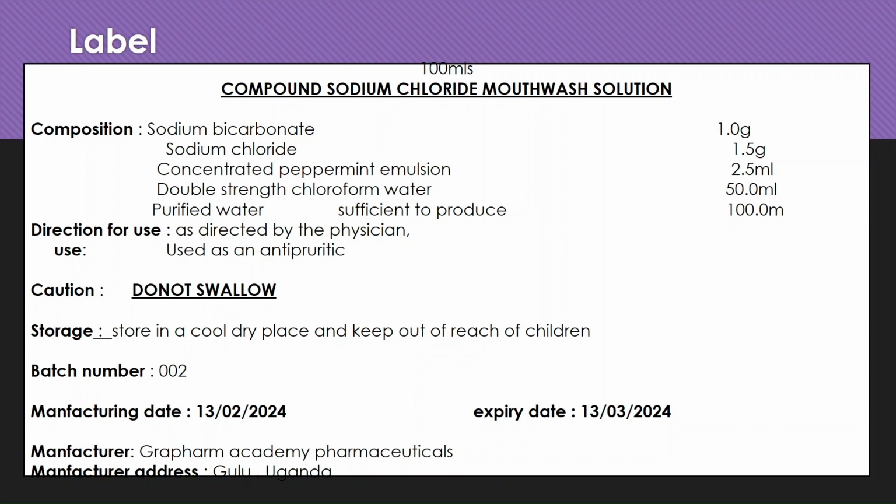After we have done that, we write the composition, what is inside our mouthwash. We have sodium bicarbonate. You can either write them in this format, or you can write them in their percentage concentrations. Percentage concentrations can be derived from this, where we shall have 1 gram divided by 100 mL